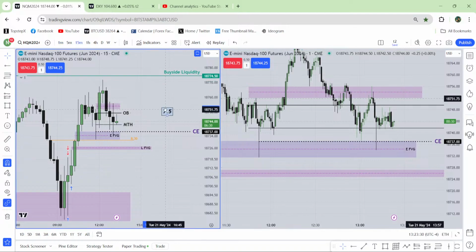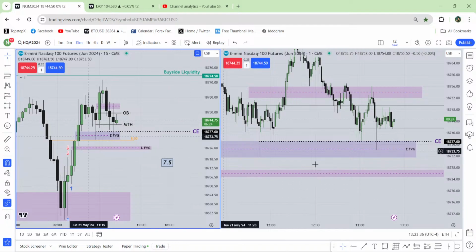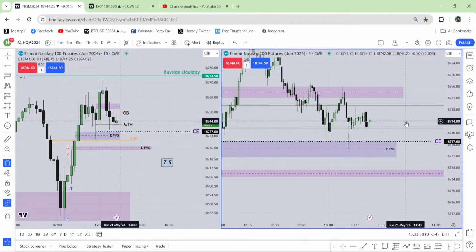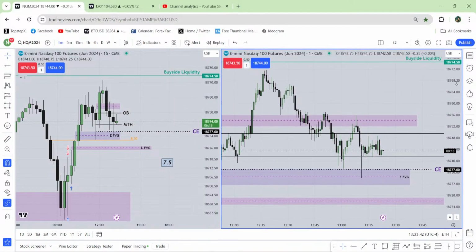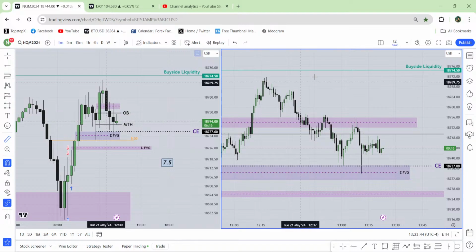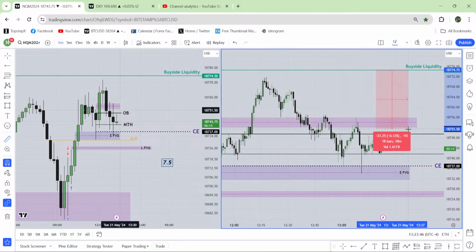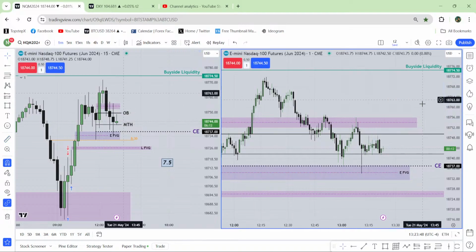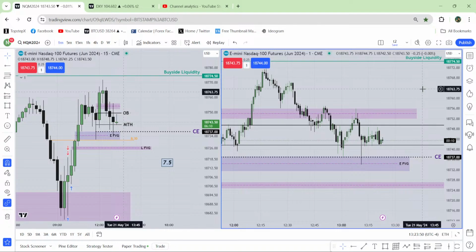So far I have a loss of 752 ticks, 7 handle and 2 ticks. So I'll go for that mitigation of the 7 handle. I believe that I'll be able to catch more move until this buy side liquidity. So at least 23 handle I will get. I'm confident with that. Today's price action is not good at all.